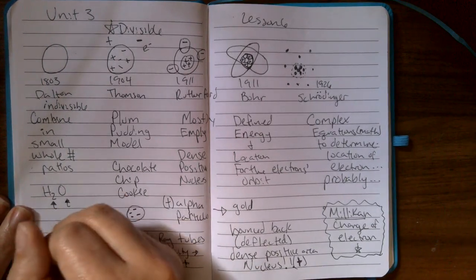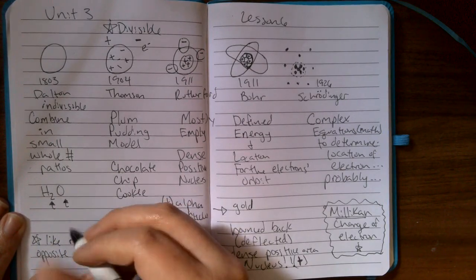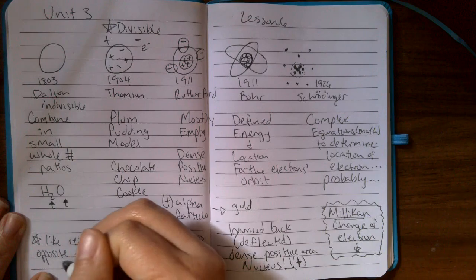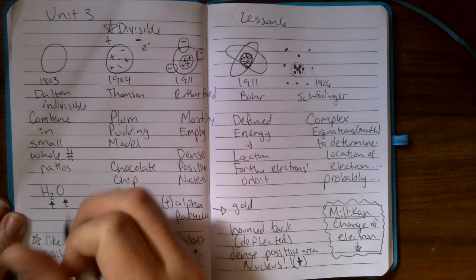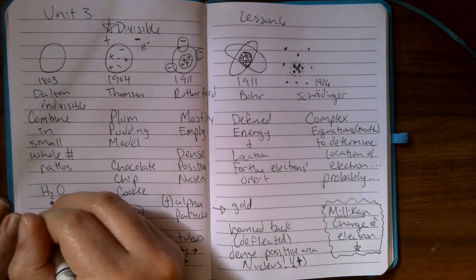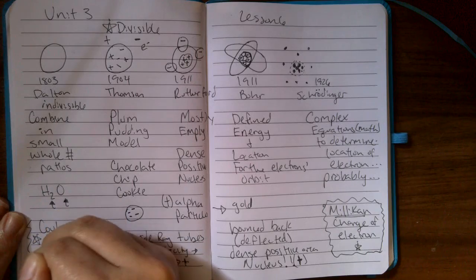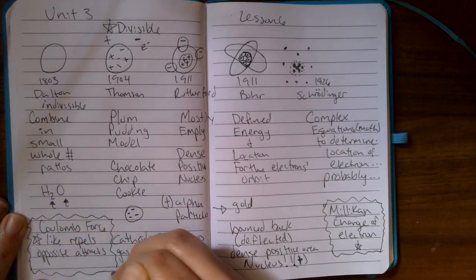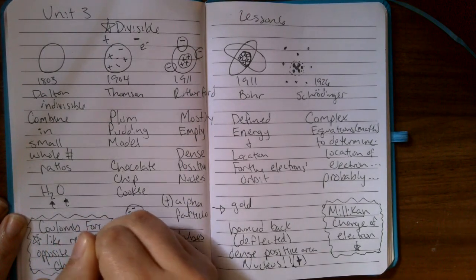And this force right here that we have seen probably since elementary school, where like charges repel each other and opposite charges attract, think about magnets and such, this actually has a name, and it's called the Coulomb force. And the Coulomb force is all about charge, so positive and negative,